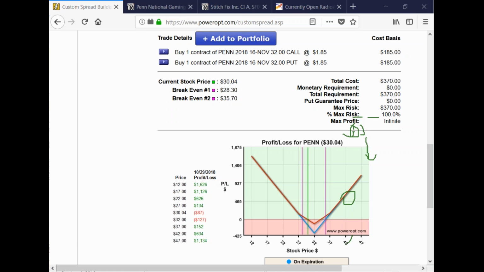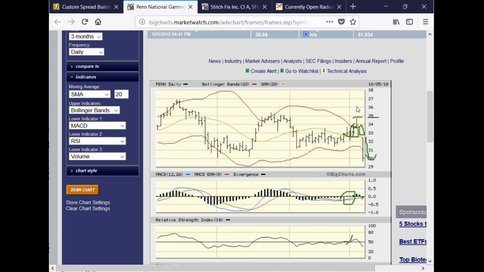That's a possibility. Of course, what I ended up doing on the position is, today, when I saw it fall 5%, and I saw the MACD cross, and it was about a 5% drop, when the stock was at 31.10 or so, I bought the 30 put. So now I have a 35 put and a 30 put for November in case this continues a short-term downturn.